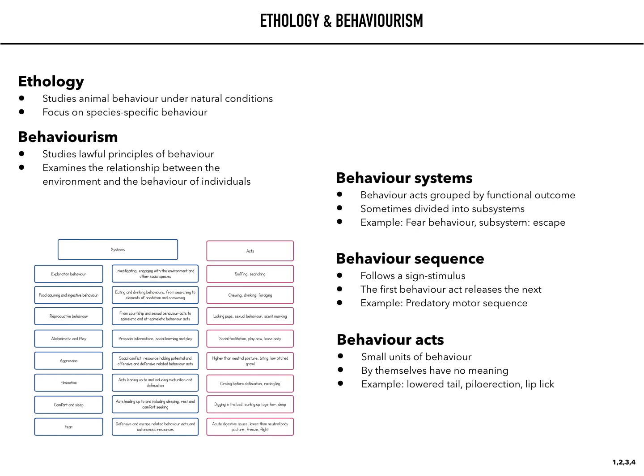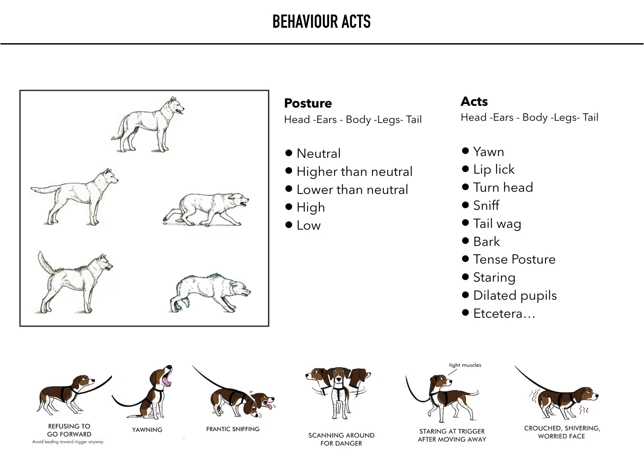In this presentation, we will look at the organization and interpretation of canine behavior. We will do so using the ethological behavior hierarchy, which differentiates between behavior acts, behavior systems, and behavior sequences. Behavior acts are the smallest units of behavior, also called elements or signals. These are species-specific and form-retaining, meaning that these acts are typical for the individual.